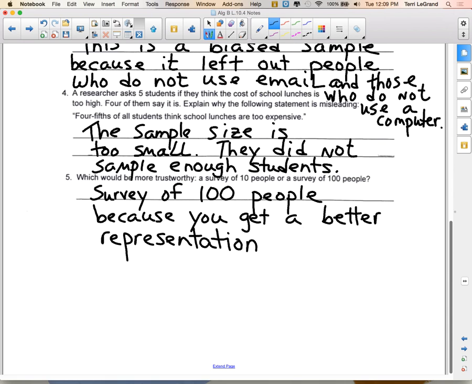It can't just be, especially if it's Valley City High School, and we want to find out what do you think about getting another 5 minutes added on even next year for your lunch hour? If they only surveyed the 7th graders, and they only surveyed 5 of them, and 4 of them say, you know what, no, I'm down